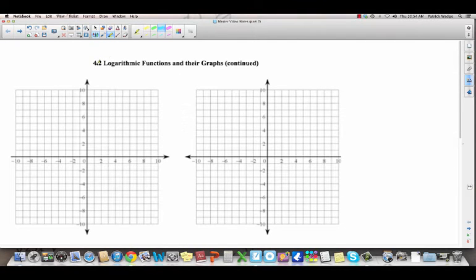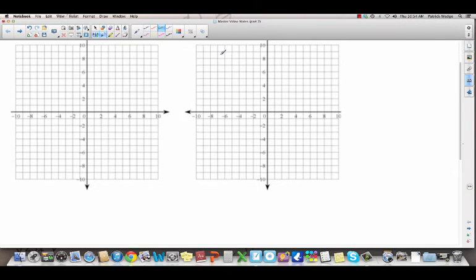I continue and finish today section 4.2 on logarithmic functions and their graphs. More graphing. Last time we took a look specifically at what logarithmic functions were, and today we're going to take a look at the graphs. So many graphs in this course. Okay, so we're going to graph some logarithmic functions, but before we do that, I would like to quickly graph